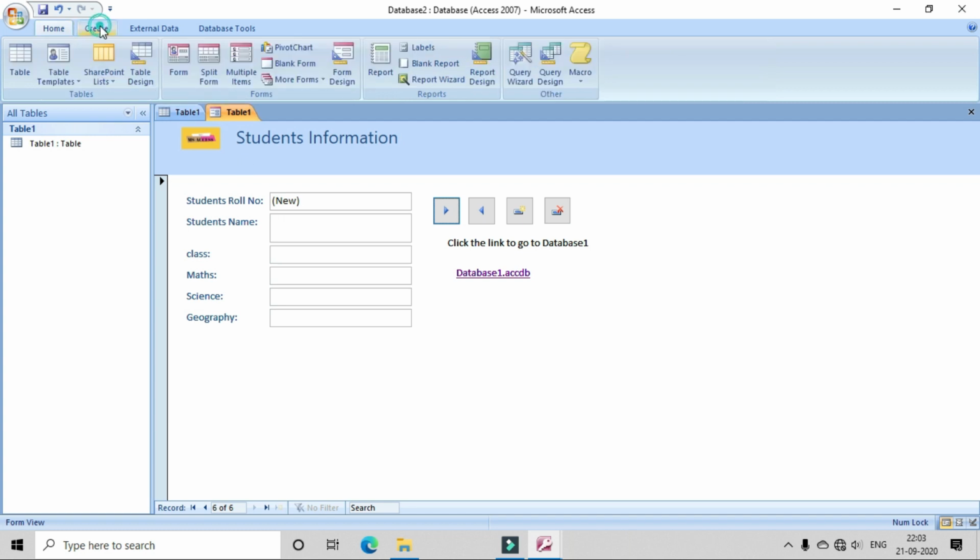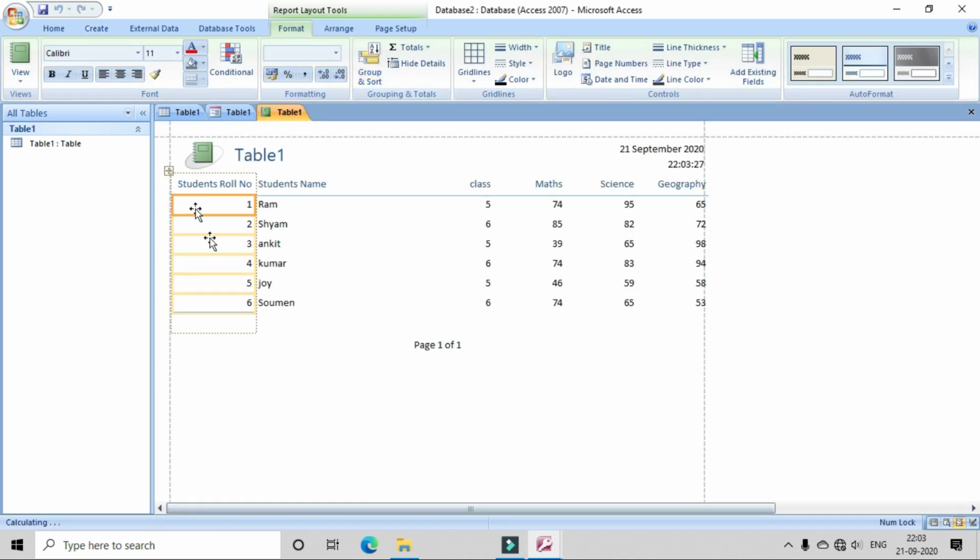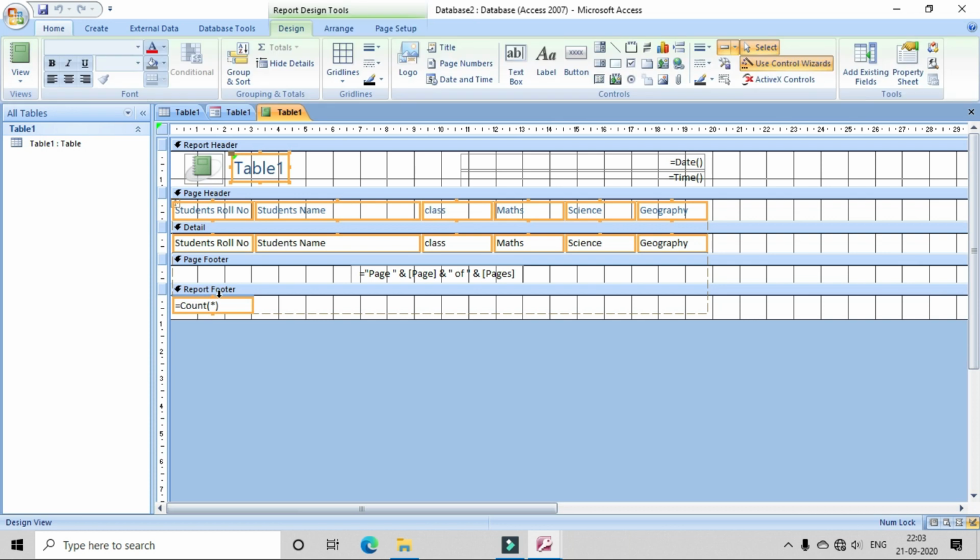So let us go back to our main table. Now our form part is done. Now go to report. As I click on report, this is the default report you will get. Okay, so same we have to go to design view. I want to give a logo of the school, suppose it's the same one. I want to change the name, students report card. Okay, and everything looks fine.